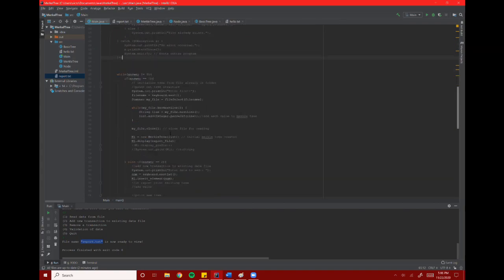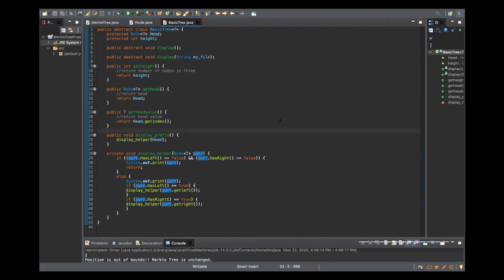Howdy. So my name's N.England, and I'm going to start off by talking about the classes that are with the Merkle tree. And so first we have the templated basic tree,